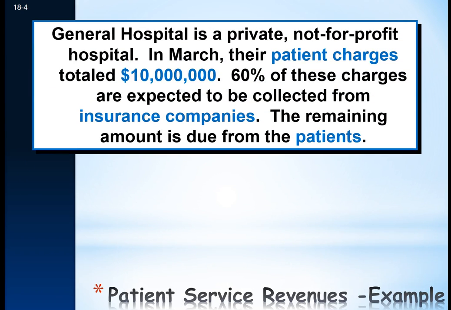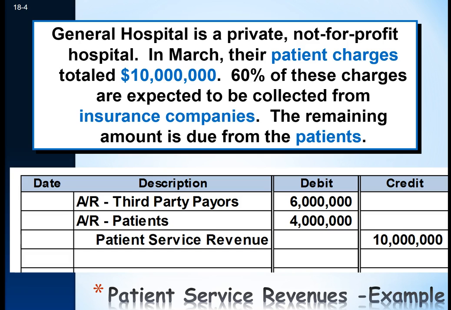Now let's take a look at an example. General Hospital is a private not-for-profit hospital. In March, their patient charges totaled $10 million. 60% of these charges are expected to be collected from insurance companies. The remaining amount is due from the patients. So what does the journal entry look like? It would be accounts receivable third-party payers, $6 million, accounts receivable patients, $4 million, and then patient service revenue of